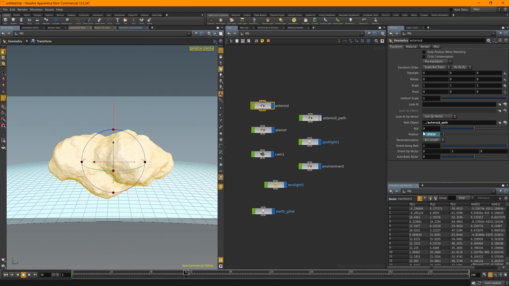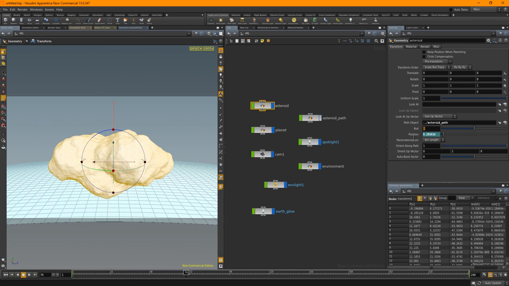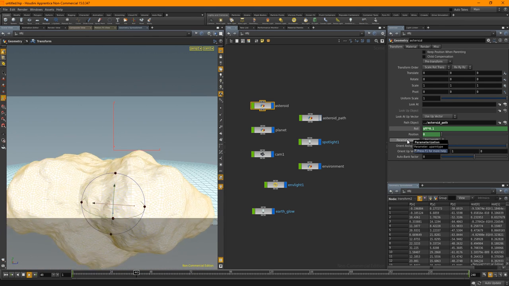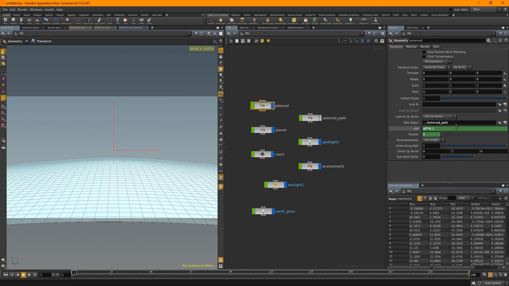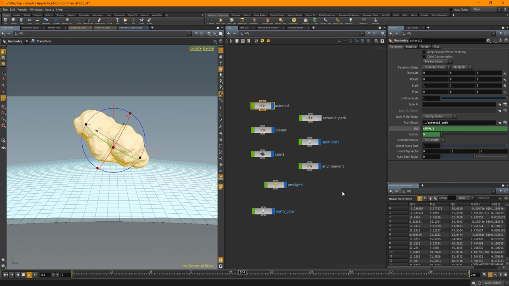Let's have a look at this roll. So I can roll it that way. So if I go $FF times 0.1, is that too much? Too little? I mean, this is supposed to be a large rock, so get a bit of roll there.